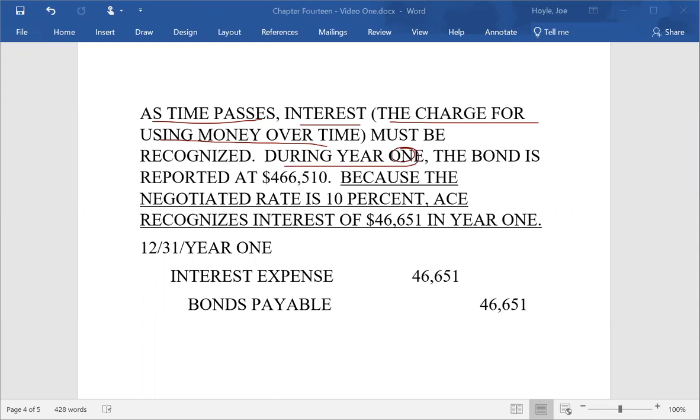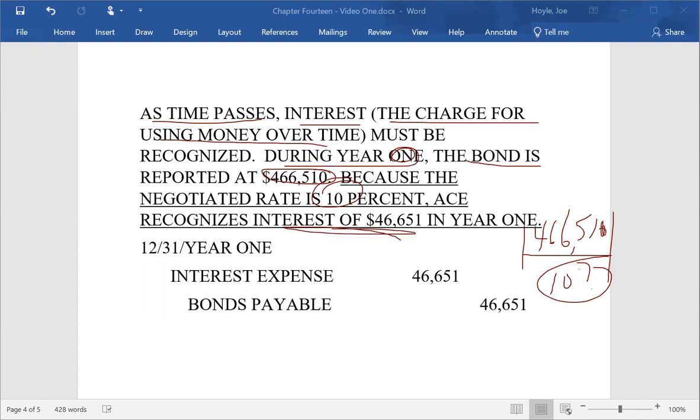During year 1, if you look just at year 1, the bond is reported in ACE's books at $466,510 because the negotiated rate was 10%. So if you simply look on ACE's books, you'll find the bond at $466,510. If you know the negotiated rate is 10%, and that's what they agreed upon, then ACE should recognize interest